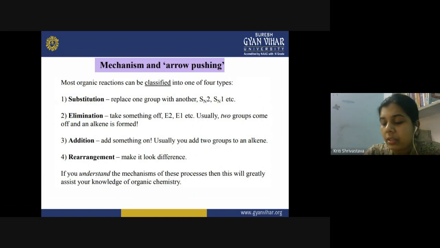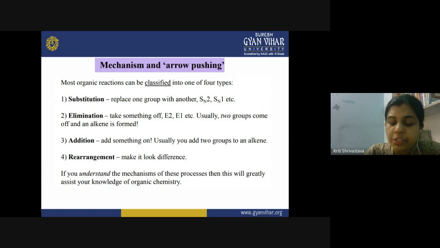So we know that organic reactions are generally of four different types, and for each of the reaction mechanisms we can go into details. So generally the organic reactions are classified into four categories, and they all have polar intermediates, right? They involve electronic movements, and you can show the electronic movements in their intermediate mechanism.